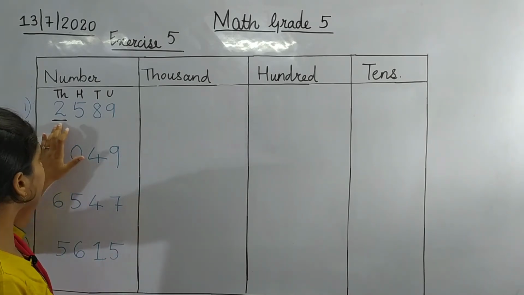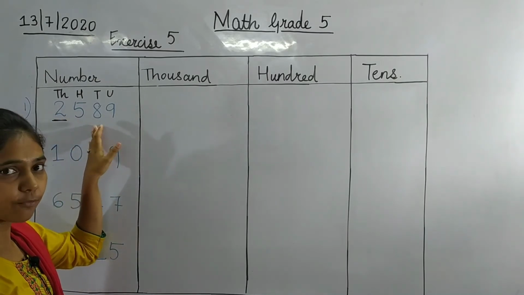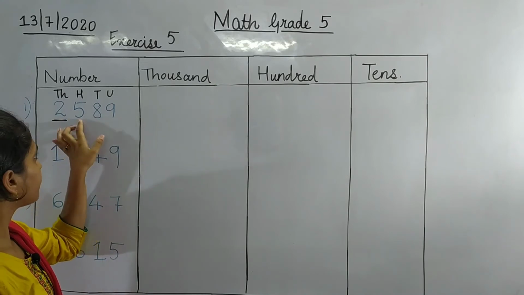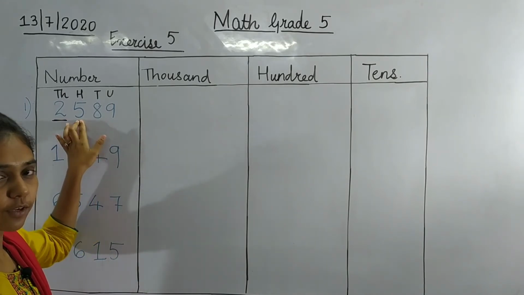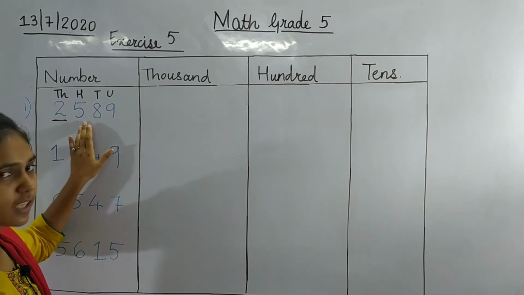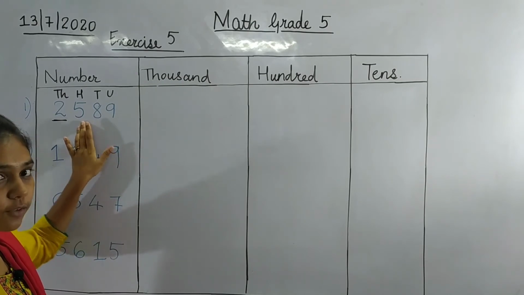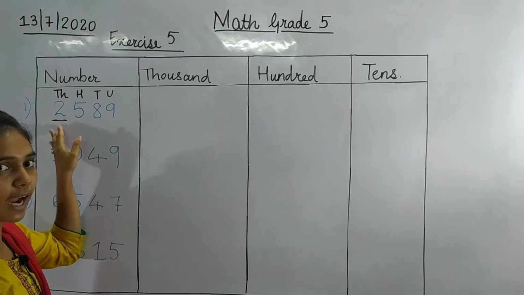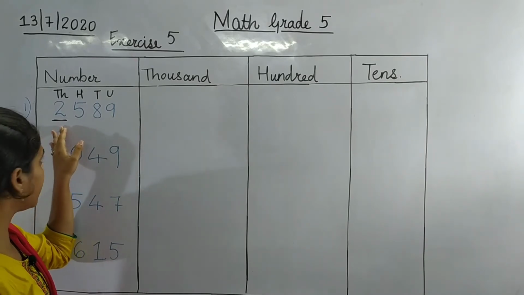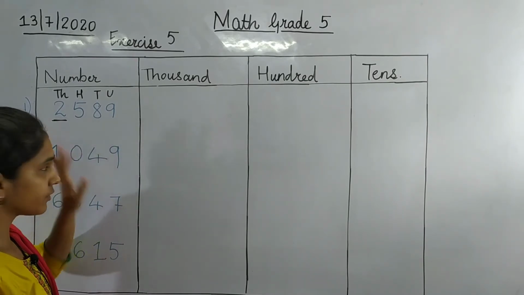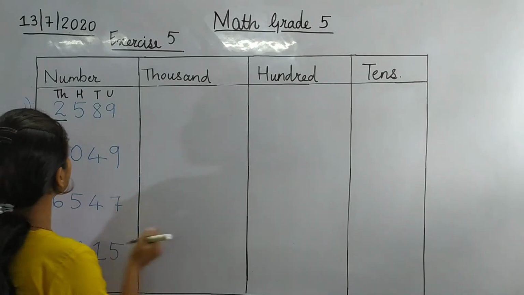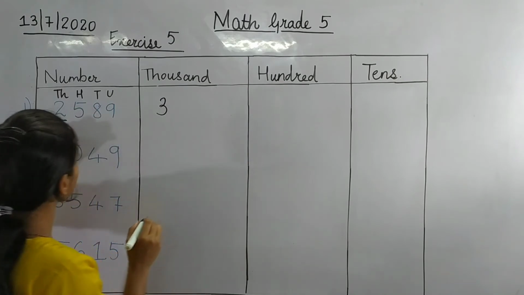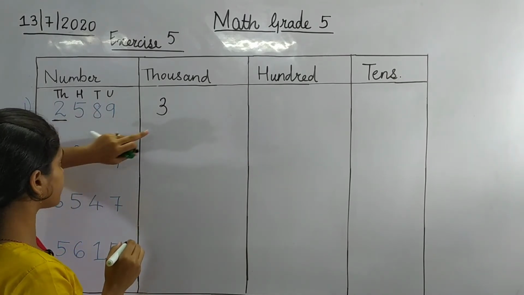So first we check the number which is lying after the number 2. The number after 2 is 5 here, and 5 is equal to 5. So if the number after the given number is greater than or equal to 5, what we do? We add 1 to the previous number, right? So we have to add 1 to number 2 here. So 2 plus 1 is 3. So the first thousands place number becomes 3,